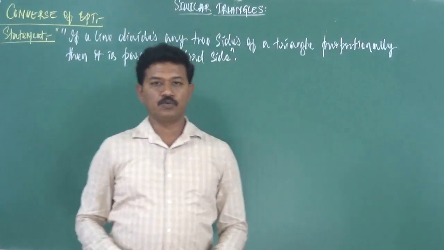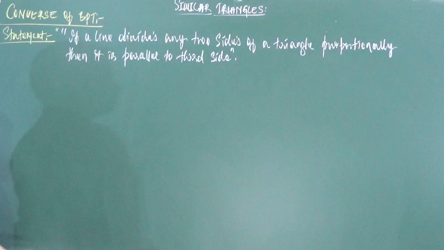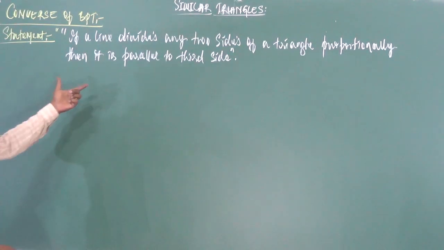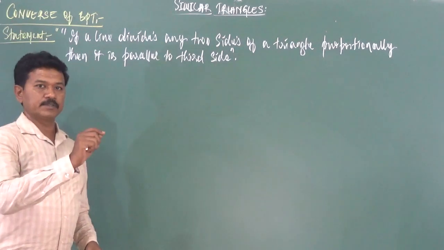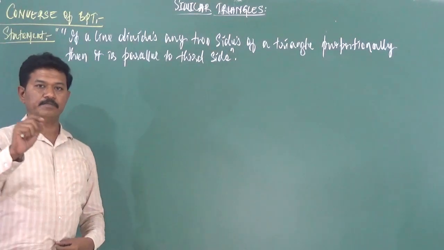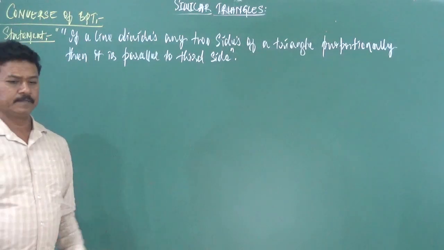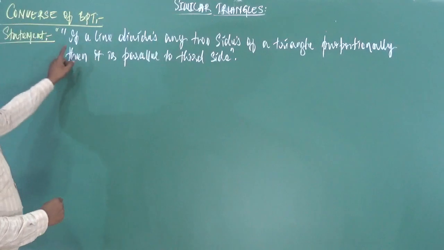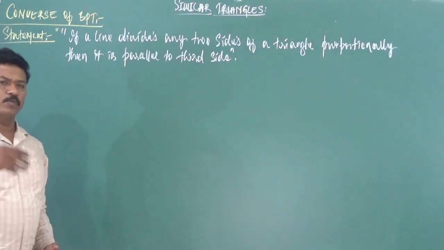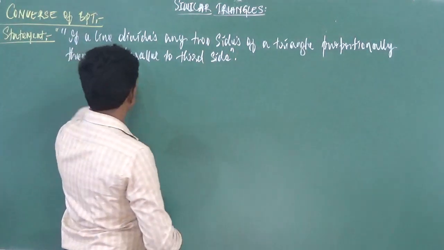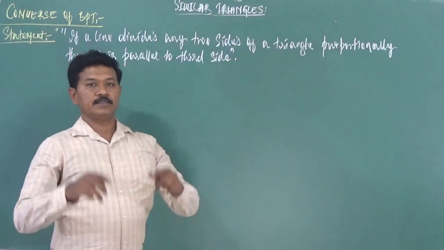This will be for 2 or 3 marks in your examination. It's a simple theorem, very simple theorem, but you have to practice this. This statement can be asked for 1 mark in your examination. State the converse of BPT, state the converse of basic proportionality theorem, or state the converse of Thales theorem. Very simple. If a line divides any two sides of a triangle proportionately, okay, if a line divides any two sides of a triangle proportionally,